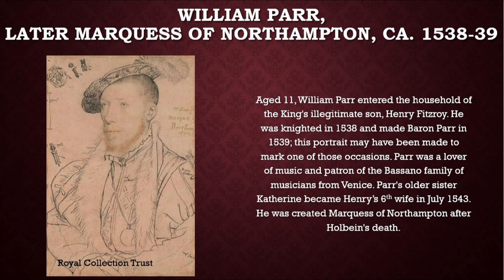William Parr was born on August 14, 1514. He was brother to Henry VIII's last wife, Catherine Parr. He was the only son of Sir Thomas Parr. His father died when William was 4 years old and he became a ward of Henry VIII. On April 23, 1543, he became a Knight of the Garter. On December 23, 1543, just after his sister had married the king, he was created Earl of Essex, a title